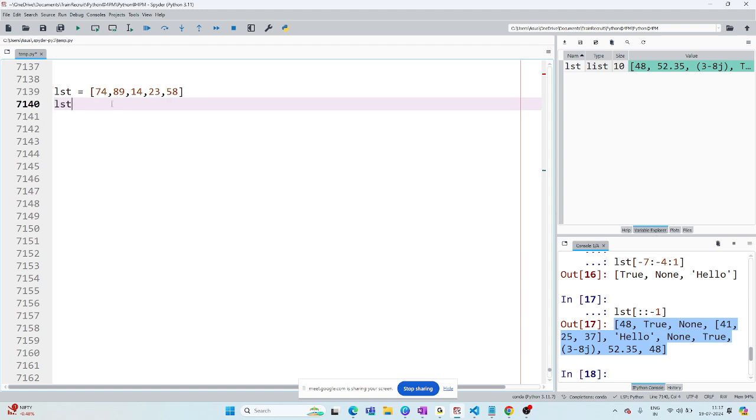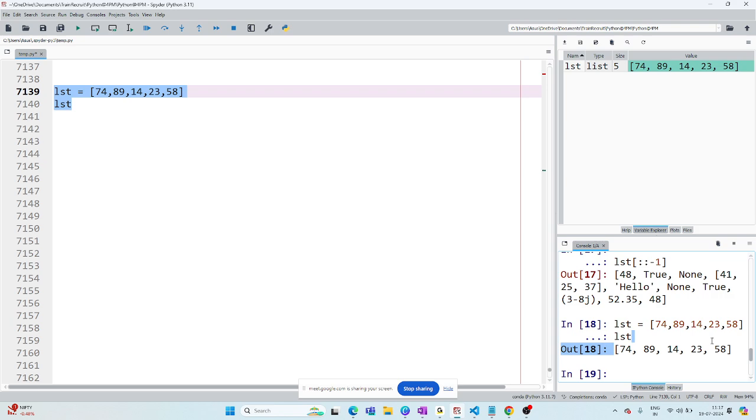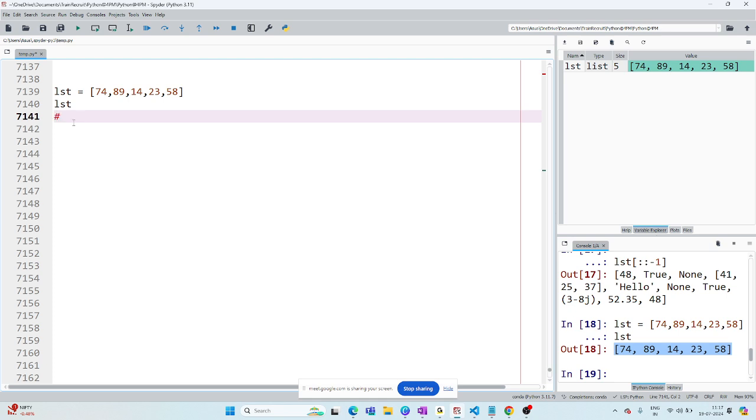So what is LST? LST is nothing but a collection of 78, 89, 14, 23, and 50. Right? Clear till here. Now I told you we can update. Now make this 14 into 41.